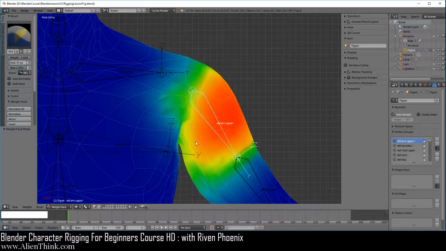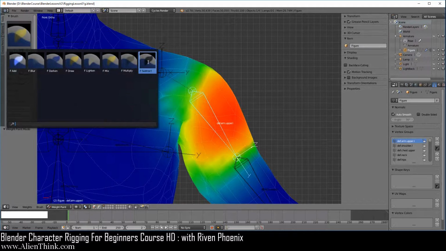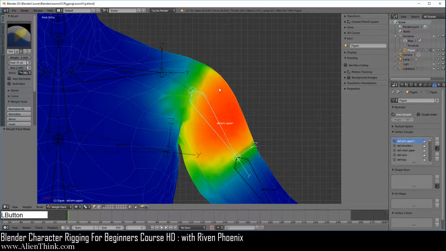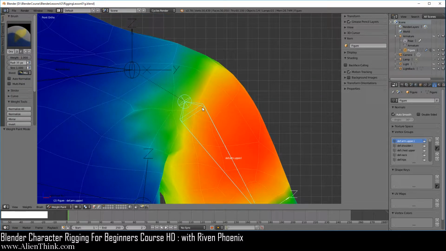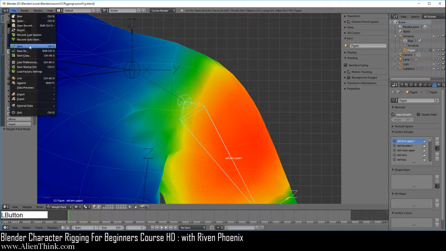So what we're going to do is actually go through the process of understanding, first of all, how you use these brushes. Now you'll see that they're actually very simple to understand because all they do is change the value for the vertex group. Okay, so to do this, what we're going to do is go ahead and just zoom in over here, do shift middle mouse button, and let's go ahead and first save this file.